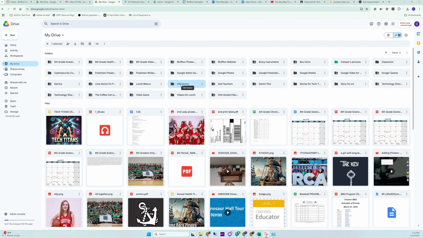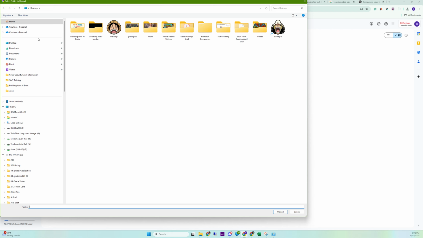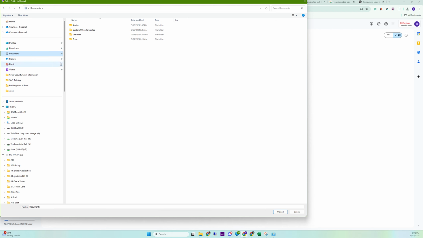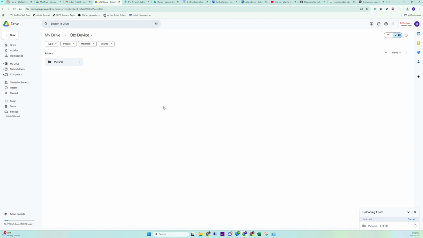And so in here you'll see now I have a folder for old device, and I would do the same thing. I would be able to drag in all of my files here, or I can upload. I can do an entire folder upload or a file upload. So if I click on a folder upload, and then I find the folder that I wanted, right? My documents, or let's say it was my pictures, I could click on that and click upload,